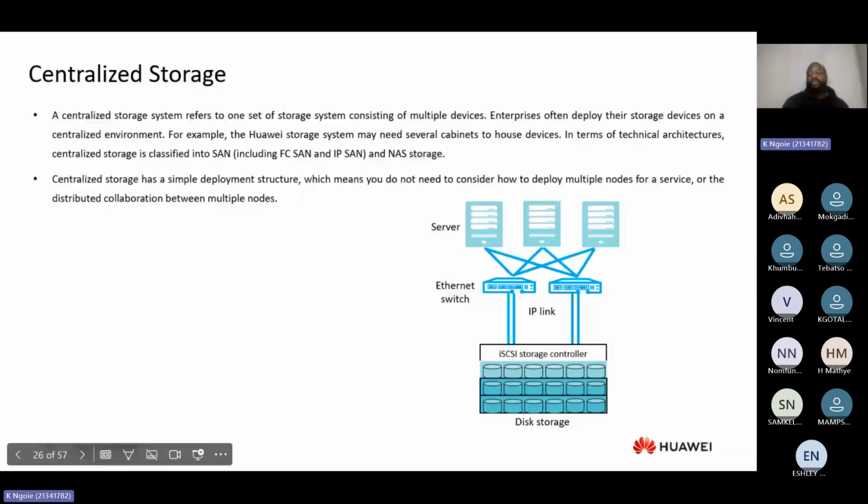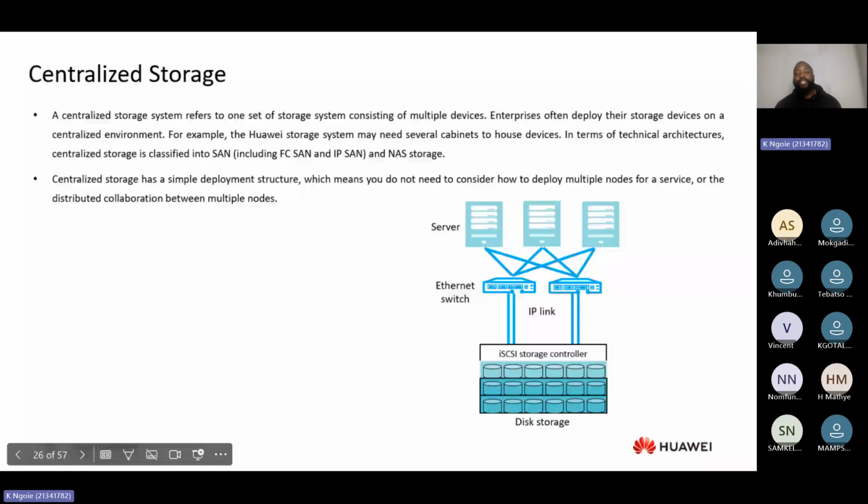Okay, so the type of centralized storage that we can have, for example, is the storage area network, which is the SAN, which is a block level access. So we can use an FC SAN or IP SAN. And then the second one is the NAS. The NAS can also be considered to be a centralized storage. Why? Because it's also a file level access for sharing and collaboration. So when you look at the NAS network, we can collaborate between that for the